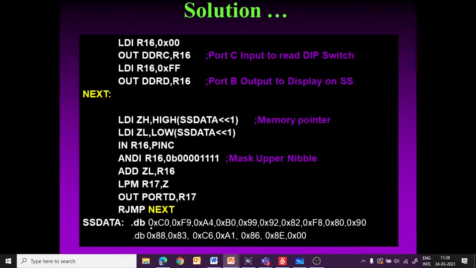So here you can see 0xC0 is a code for number 0. 0xF9 is code for number 1. 0xA4 is for 2. This is for 3. This is for 4. 5, 6, 7, 8, 9. A, B, C, D, E, F, right, and then at last 0, 0.